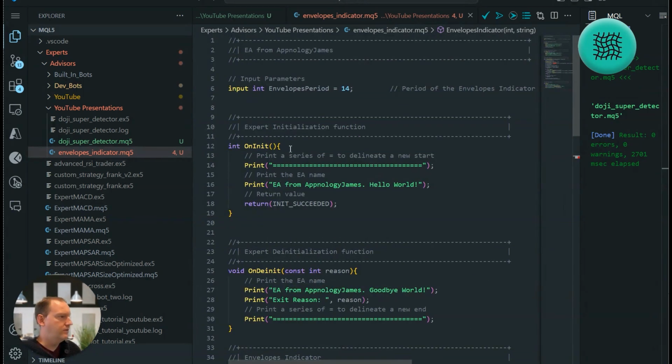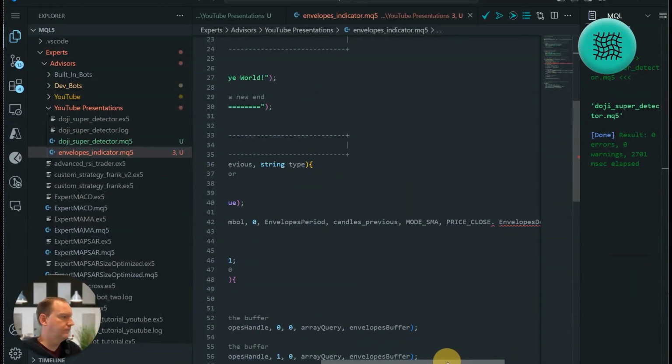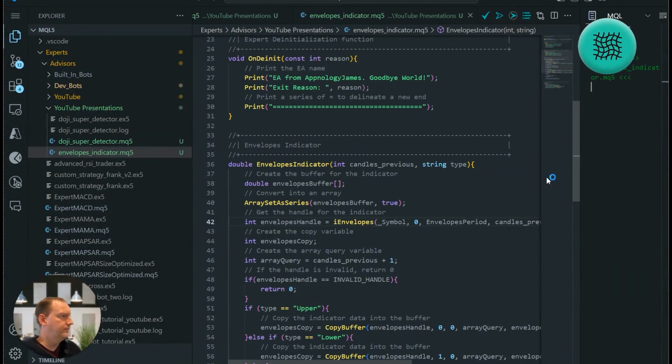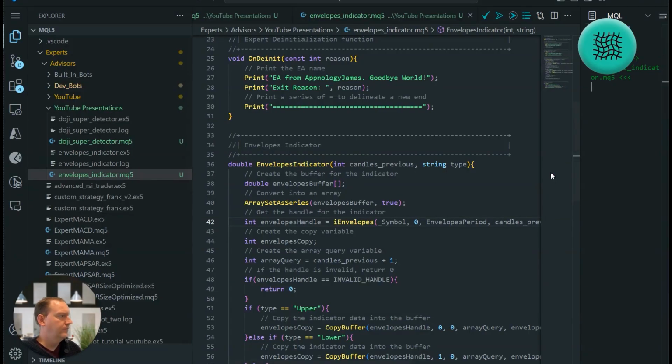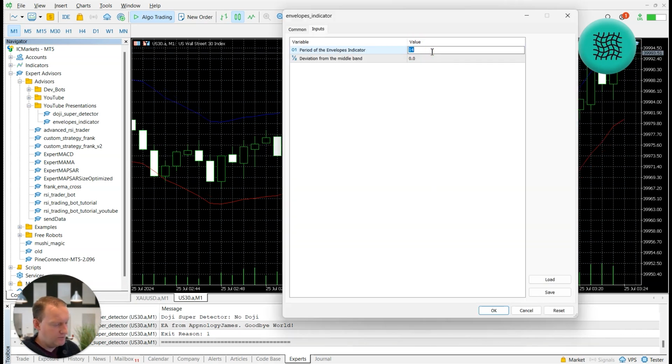Okay, and then we're going to go and define that. Double. Okay, save that. Make sure that that's a comma. Compile. Okay, no issues, no warnings. Okay, let's go to our MetaTrader 5 and start seeing if this is working. So here we have our envelopes indicator. Now we're just going to change this to 7,